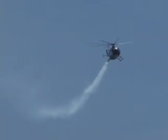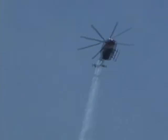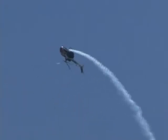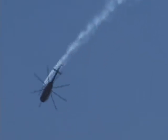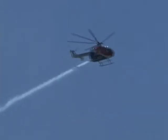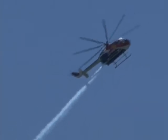This is a Bo-105 helicopter. Many models similar to this are used as air ambulance helicopters. But one of the things that makes this helicopter able to do a loop, like you see right there, and there's no optical illusion, it is a for real loop, ladies and gentlemen, is a solid titanium, rigid rotor head. But don't try this at home,